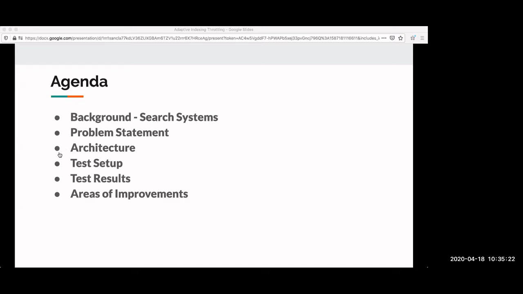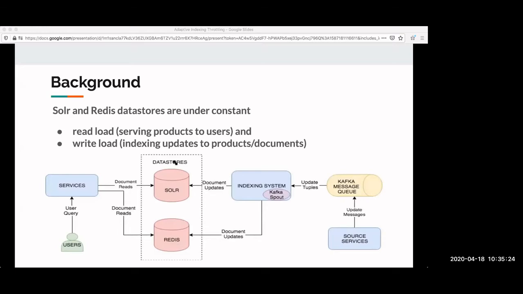Now we'll see how it is set up as an architecture. We'll start from the far right. If you look at the far right, there are source services. In a setup like Myntra, an e-commerce setup, source services could be anything from discount services, catalog services, to inventory services. All these services constitute the source services for us, which are the source of the information. They are the source of truth for us. If the discount service says that this product has 50% off, then it has 50% off. So we have source systems like discount, catalog, inventory.